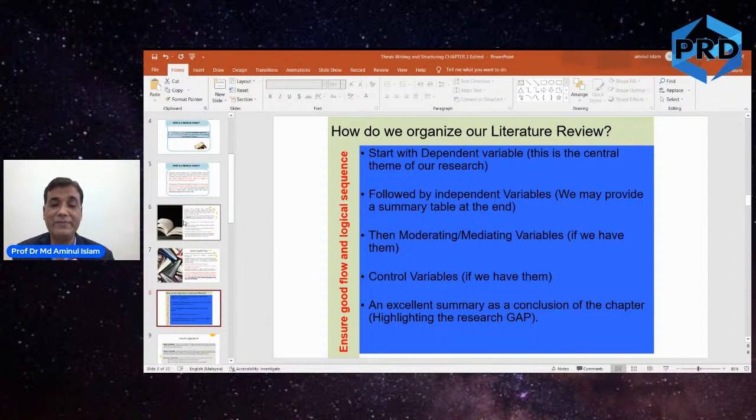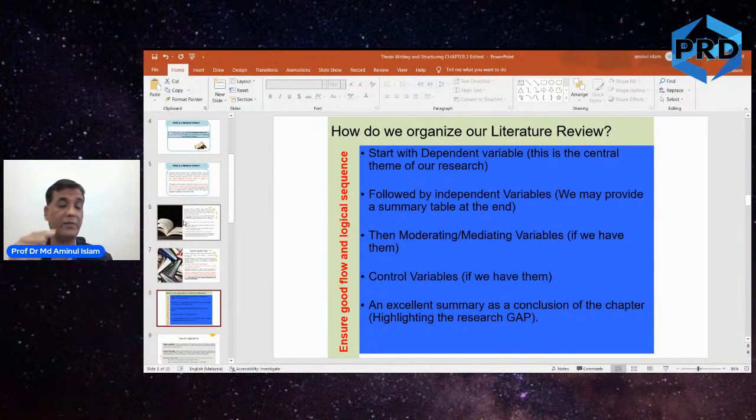But when it comes to independent, because those are the issues connecting to the problem, the literature review here makes a connection. You are talking about selection and then connecting to organizational performance, followed by training and connecting to organizational performance. That's the way the literature review has to flow on. So we start with the dependent variable, followed by each independent variable in a separate subsection, and you may have many paragraphs there, and then followed by another independent variable connecting with the dependent variable, and it goes on.